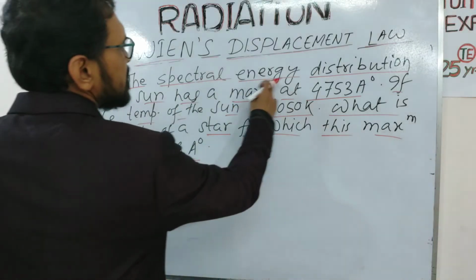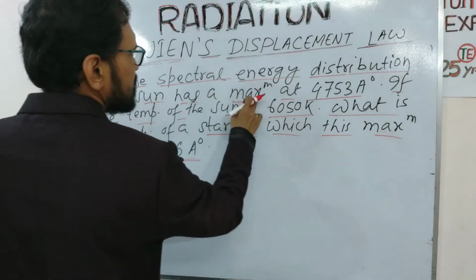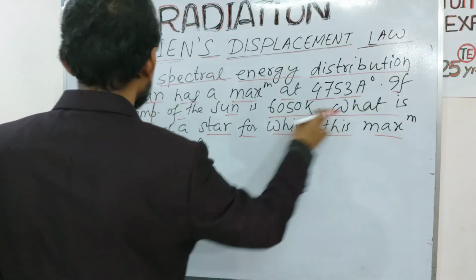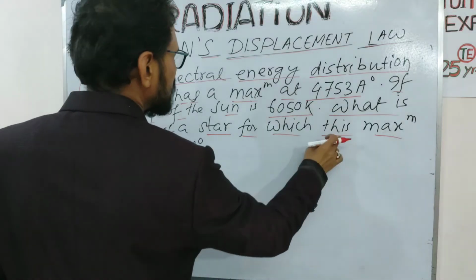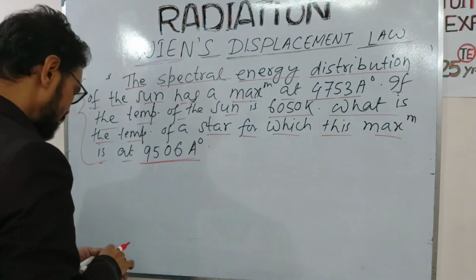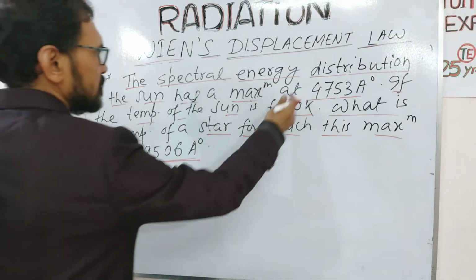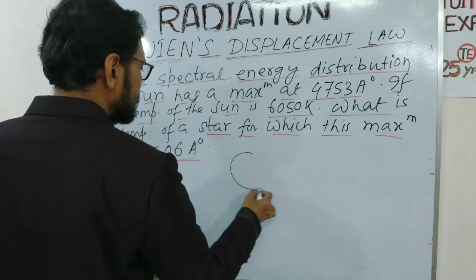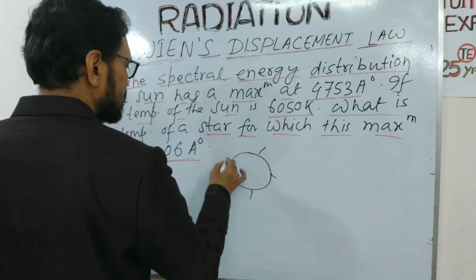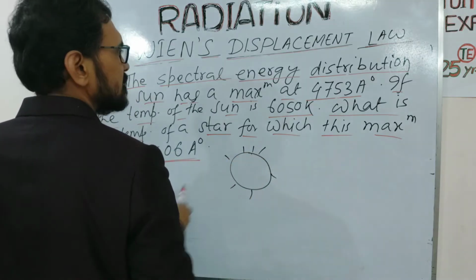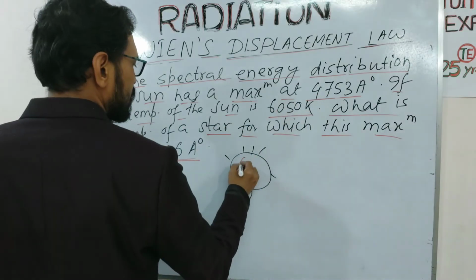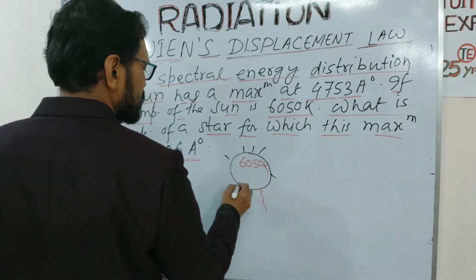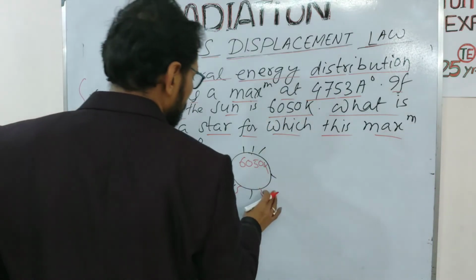The spectral energy distribution of the sun has a maximum at this wavelength. If the temperature of the sun is this, what is the temperature of a star for which this maximum is at 9507? So for convenience, I draw the picture. Suppose this is a star. This is a sun whose temperature is given as 6050 Kelvin, and the maximum wavelength corresponding now